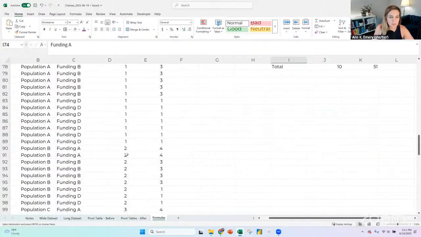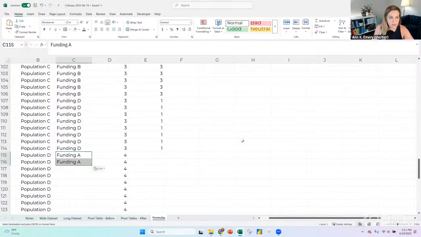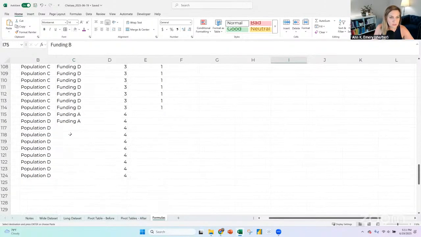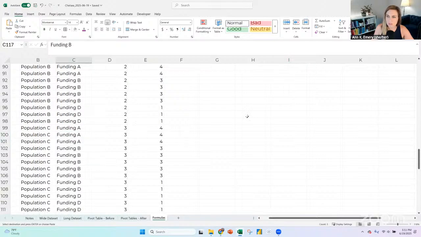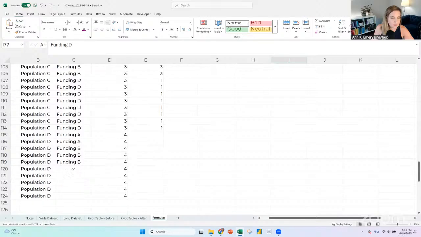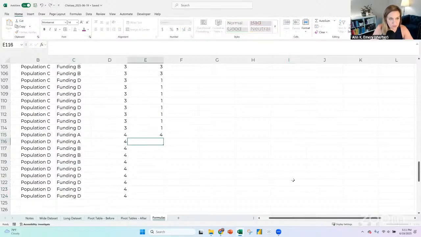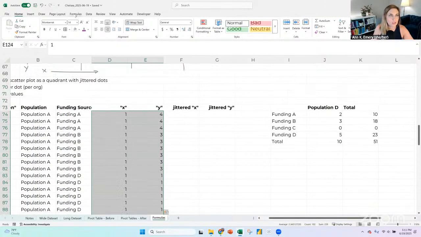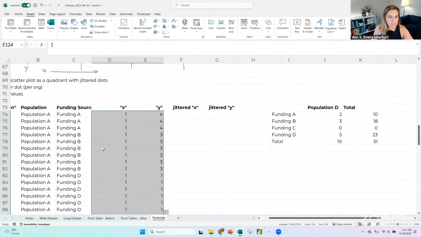What is the formula to do this for me? I don't know. D, almost done. The rest are Ds, 5 Ds, 4, 3, 1. Okay. When you scatter plot these, they're all going to be overlapping because all of these dots,